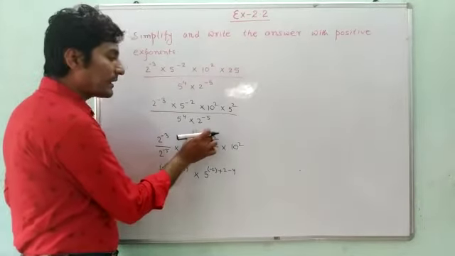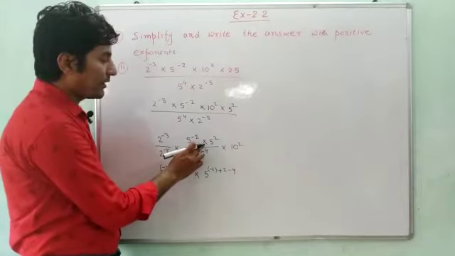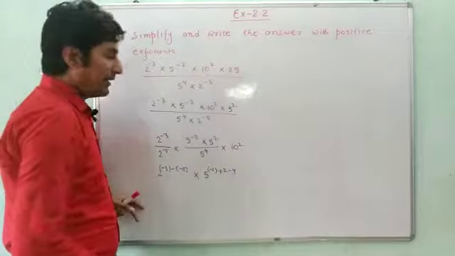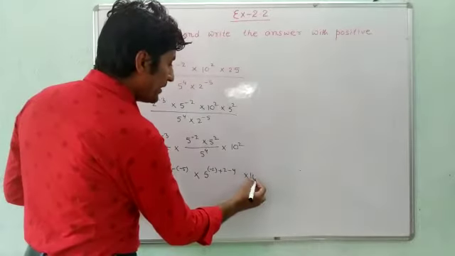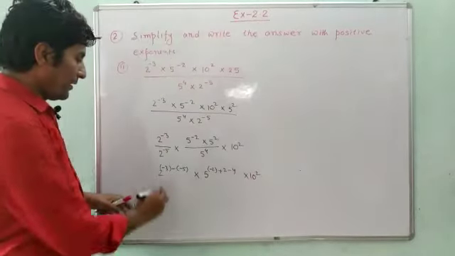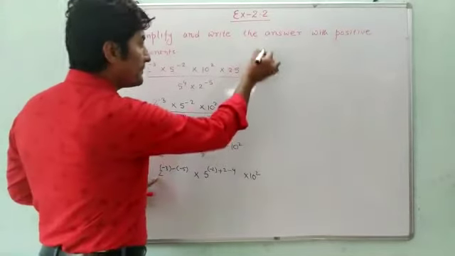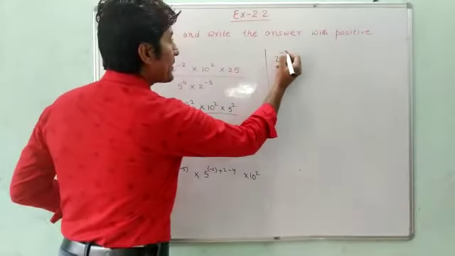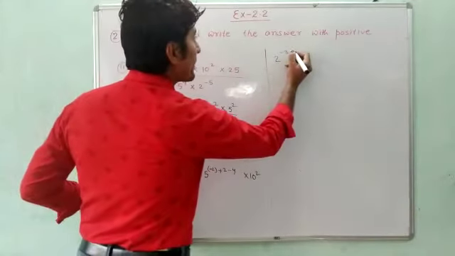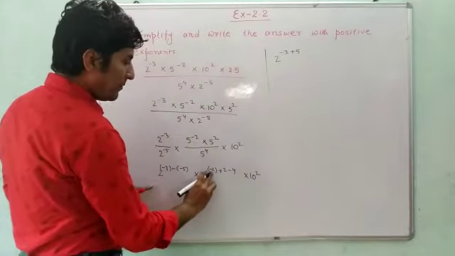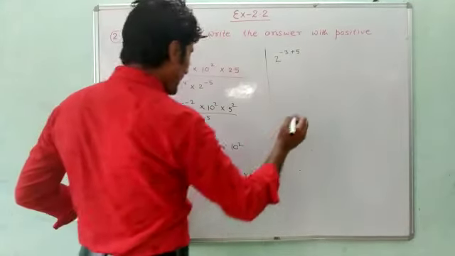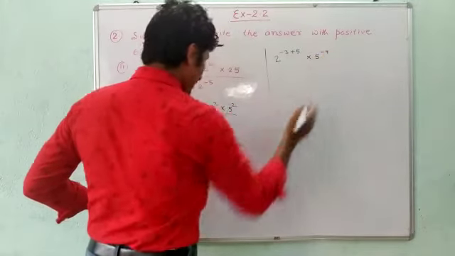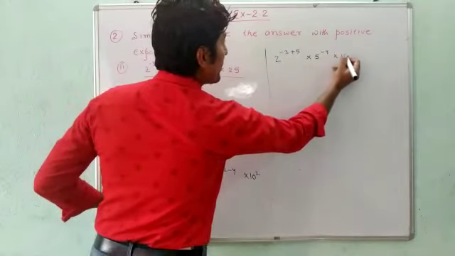We have to add these exponents because we have the sign of multiplication, and then we have to subtract 4 from there because this one is in the divide. Now multiplied by 10 to the power 2. Now here we can write 2 to the power minus 3 will be as it is. Now minus will be plus 5. Here minus 2 plus 2 will be cancelled. Finally we are having minus 4. So multiplied by 5 to the power minus 4 into 10 square into 10 to the power 2.